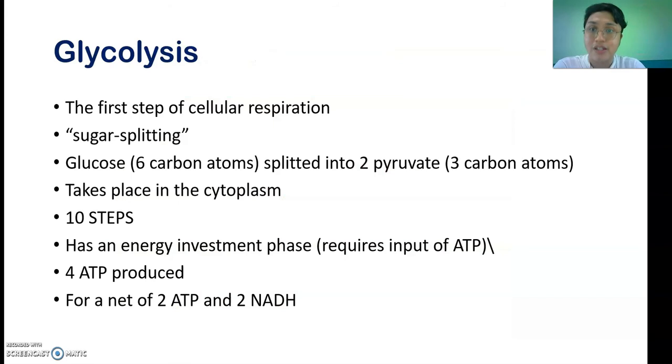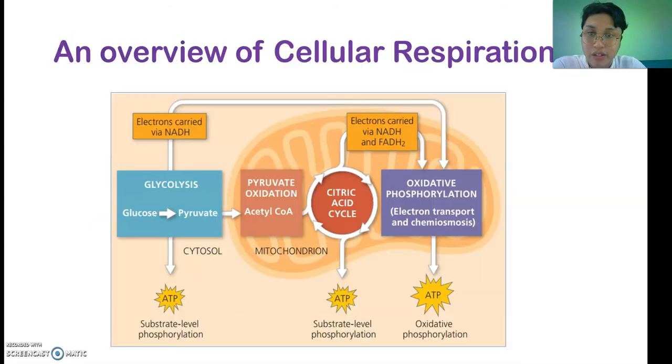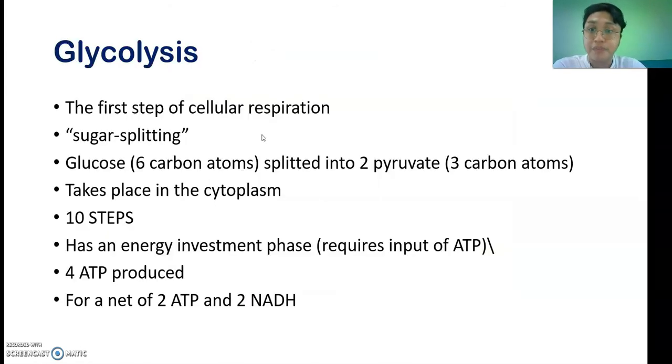So your glycolysis is the first step of cellular respiration. So glycolysis, lysis means splitting, sugar splitting. So in glycolysis, your glucose is split into two pyruvate. Okay, so ang glucose ay 6 carbon atoms, magiging 3 carbon atoms na lang yan na pyruvate. So 2 times 3 ay 6 pa rin, right? So this takes place in cytoplasm as you can see, nasa labas yan ng mitochondria mo. But syempre, it's inside the cell pa rin. So this is a 10-step process we will see later on.